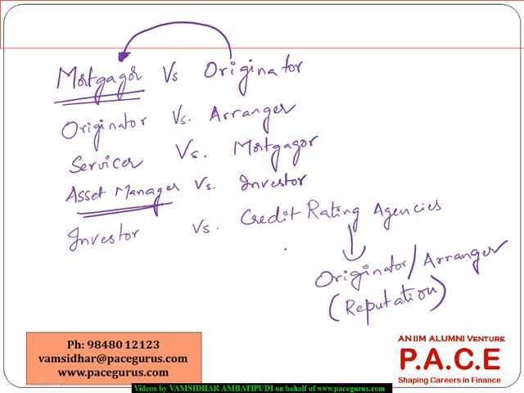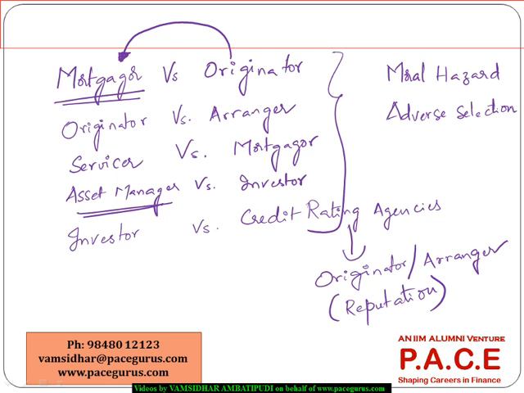All these pairwise conflicts can very well occur. Primarily, the broad classification of all these frictions could come either from the dimension of moral hazard, or it could arise from the dimension of adverse selection. One of these two major areas comes into the picture,